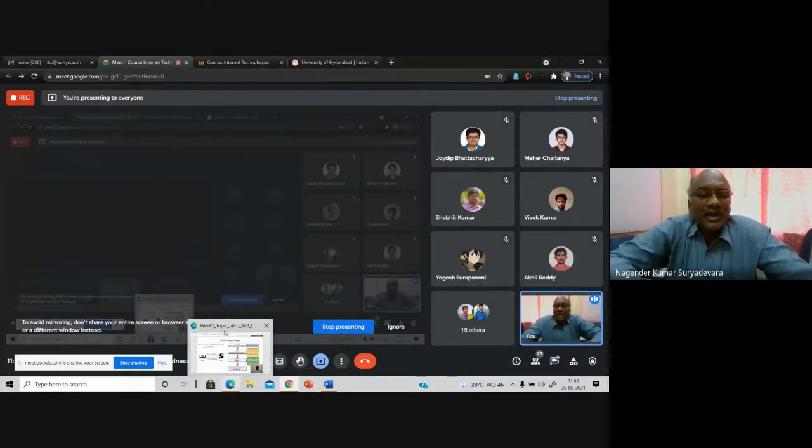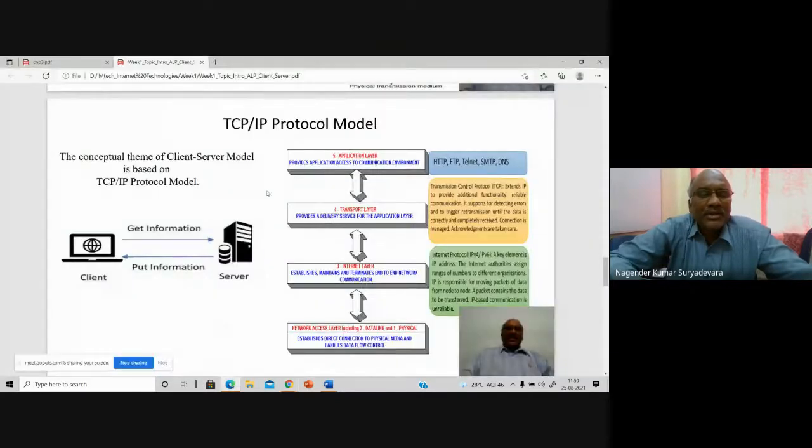Now, can you tell me examples of different servers? All these topics, everybody knows them. Even if I don't tell you, you know them very well nowadays. Can you give some examples of various servers? Because you are in the client server model, please tell me what are the examples of different servers.